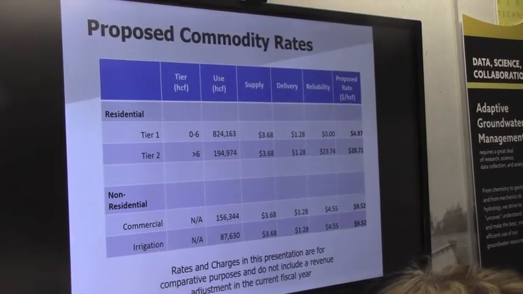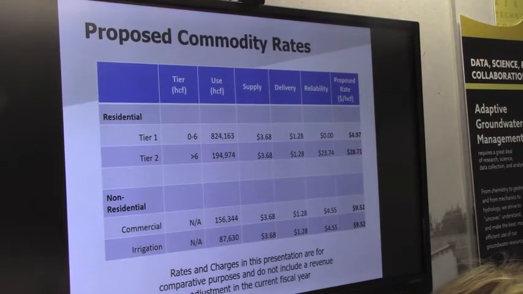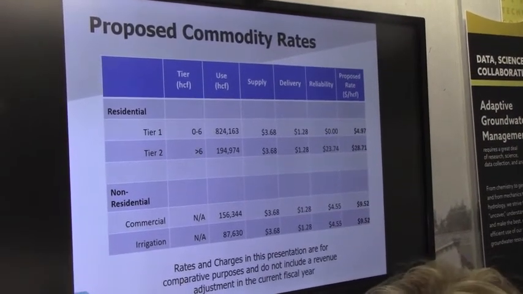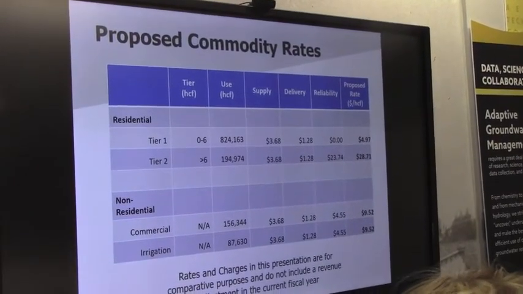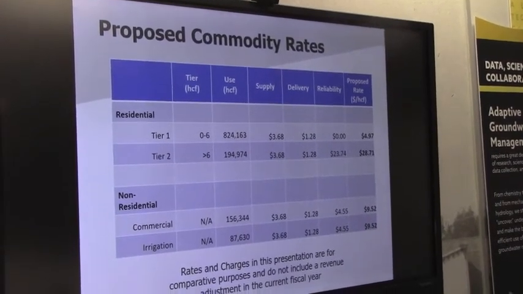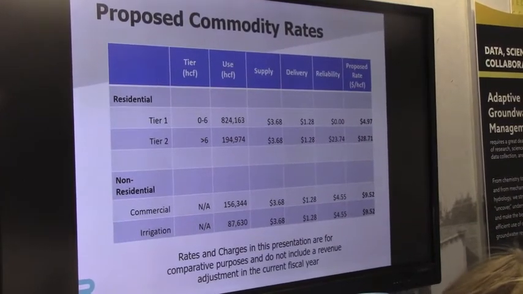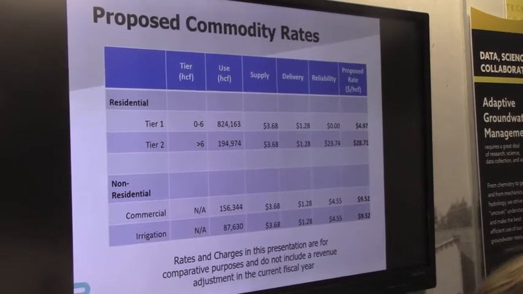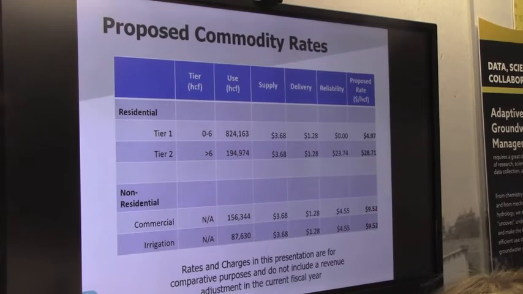What percentage of our single-family home users would fall in tier one or tier two? Well, I think about 94% or 97% of our customers use less than 12 units. They don't go up 7 times. So a large majority of our customers are within the 6-unit threshold. And residential use is at least 85% of total use. The rest is commercial and dedicated irrigation.